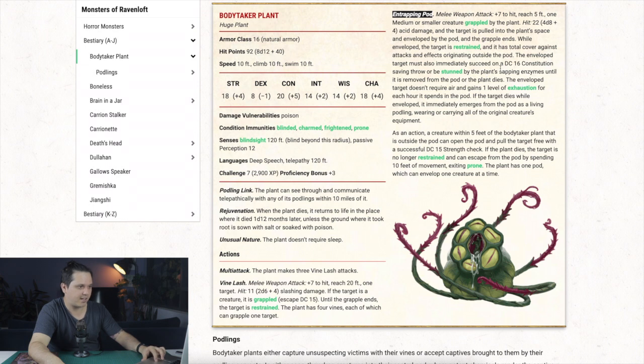Your players who are stuck inside need to make a Constitution saving throw of 16, which is quite high, even though Con is not a dump stat. On top of that, if they are trapped in, they don't require air anymore while they're in there. They gain a level of exhaustion. They are stunned and restrained, and for each hour it spends in the pod, if